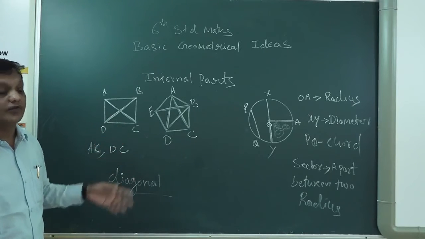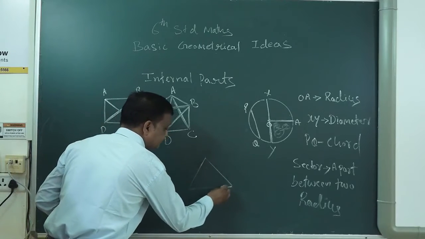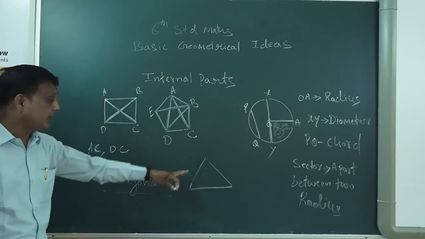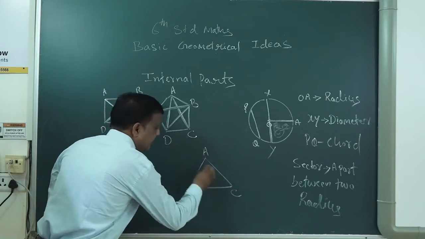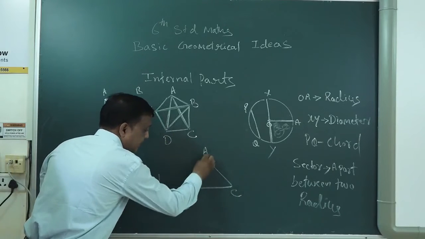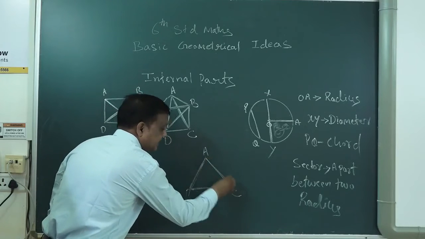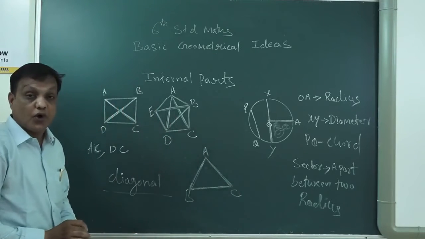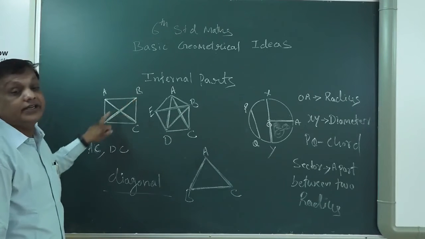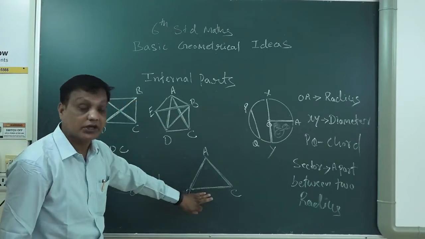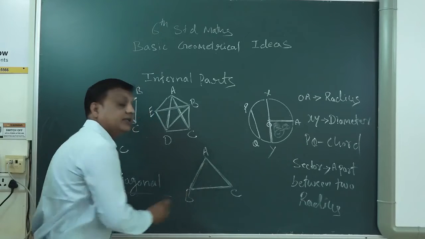Diagonals are the internal part of a polygon. If we see a triangle, we cannot see a diagonal. Here there is no diagonal because it is A, B, C. This is a line segment AB, or a side AB. This is BC, a side or line segment. And this is AC, a side or line segment. If you want to draw a diagonal, we require 2 internal connecting points. Here there are no such internal points, so in this triangle there is no diagonal.